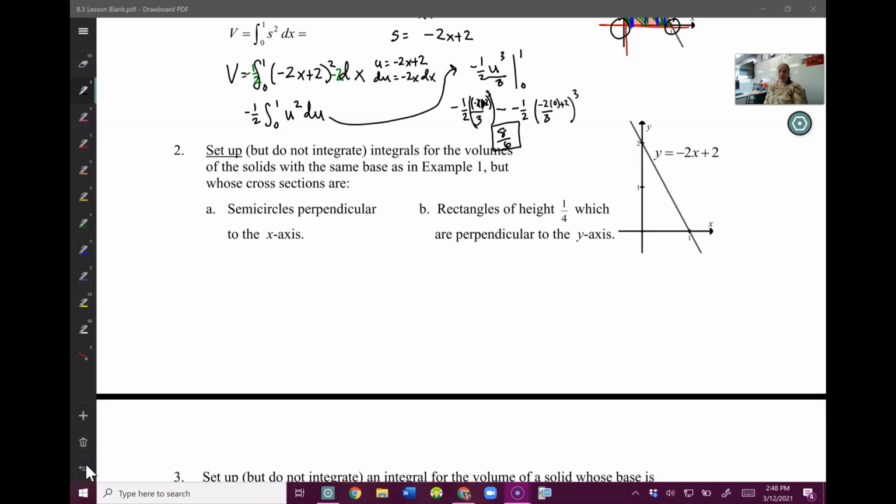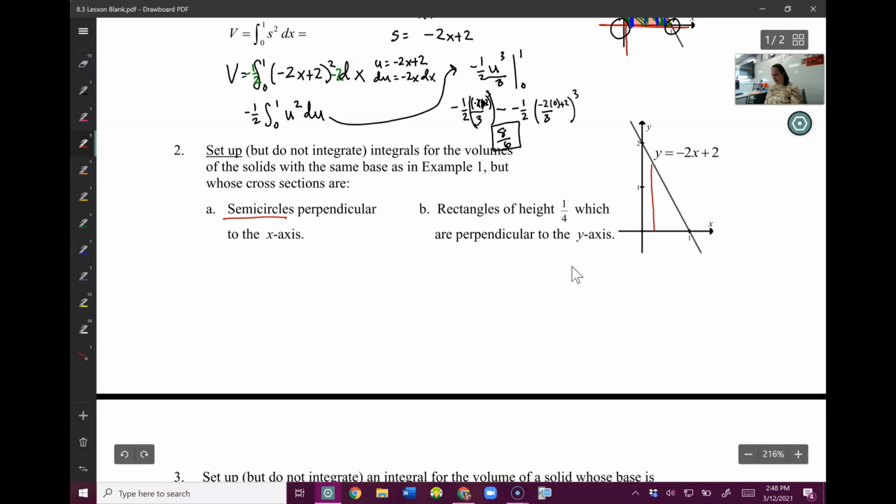Let's play with volumes of solids with known cross-sections some more. Number 2A. We're going to use the same triangle shape from the first problem in the last video, but now we're going to do semicircles perpendicular to the x-axis. So if I try to visualize this